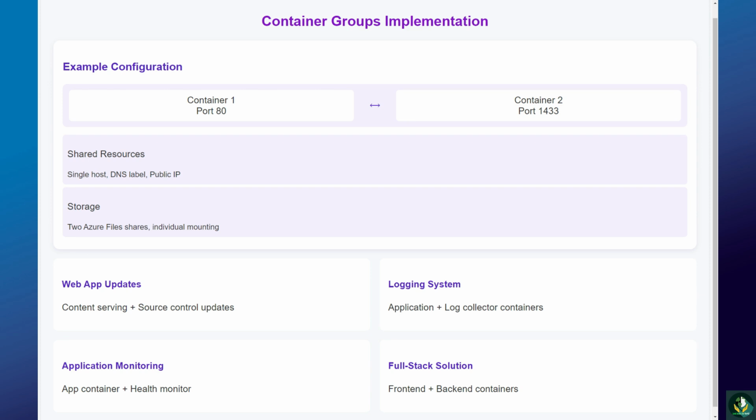Full stack applications, service architecture: front-end container for user interface, back-end container for data services, internal communication, resource sharing, coordinated scaling. Implementation best practices, resource planning: calculate combined requirements, plan port allocations, configure storage needs, set memory limits, define CPU quotas. Network configuration: port exposure strategy, internal communication setup, DNS configuration, security rules, load balancing. Storage management: volume mount planning, access permissions,